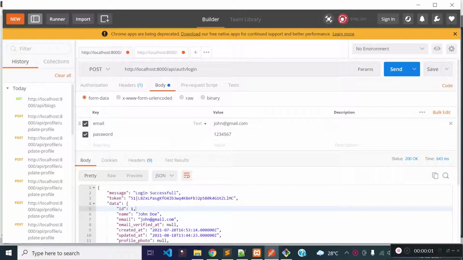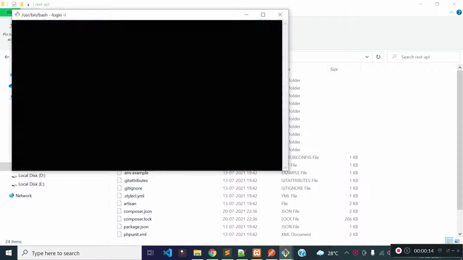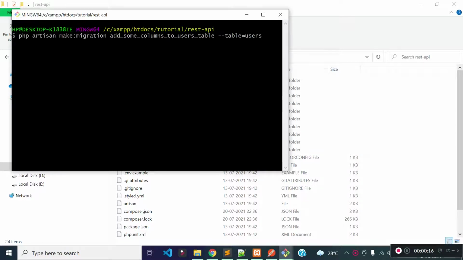In this lecture, I am going to create an update profile API endpoint for a user. I am going to add profile photo and profession columns to our users table. For this, I will generate a new migration file. From our project root, I will open a new terminal and then I will run php make migration and then